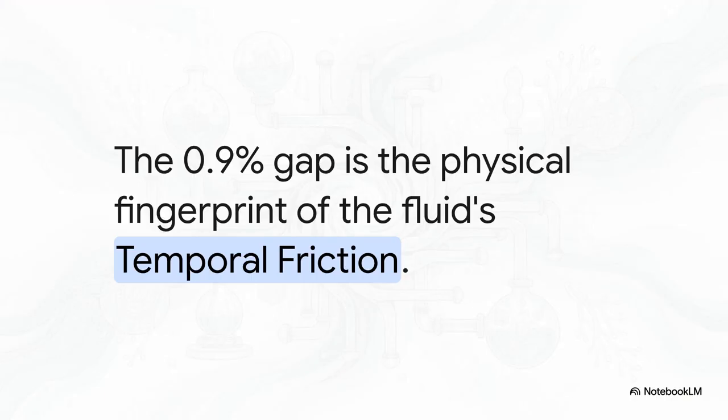Now, what's really interesting about this slide is the tiny gap in the math here. If you grab a calculator and do the pure division of 39 by the square root of 2, there is a tiny 0.9% deviation from the moon's true measured orbit. The AI explicitly points out that this gap is absolutely not a human measurement error. In a perfectly empty universe, the math would be perfectly absolute. But because our universe is a dense fluid, that 0.9% deviation is the literal, physical fingerprint of the fluid's temporal friction. It is the exact drag of the moon plowing its way through the cosmic ocean.